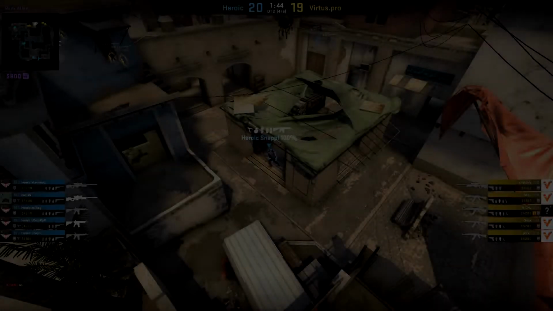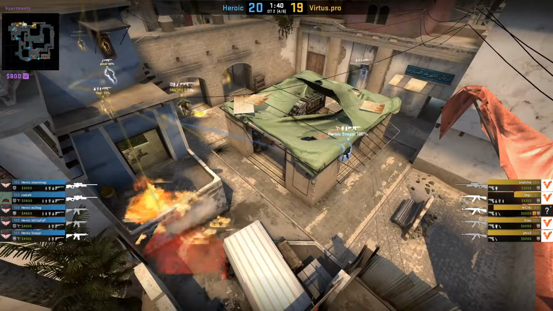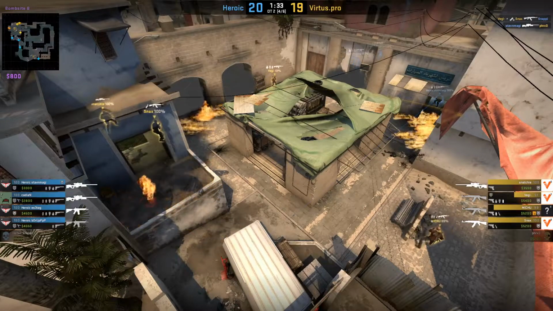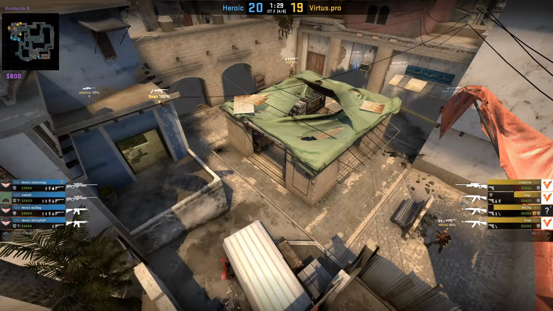What's up guys, pro strat number 16 where pros do strats, and here we have a full B execute on Mirage using 4 smokes to block off get right, get left, market window, and market door. Now in this example I'm showing you here, which is from Heroic vs VP in the ECS Season 8 Europe